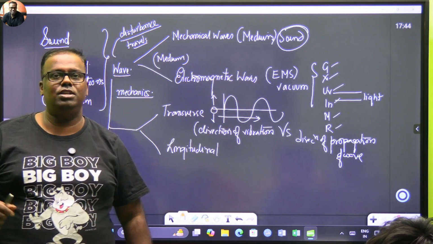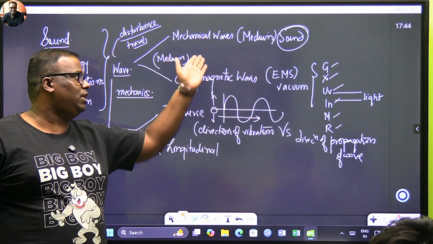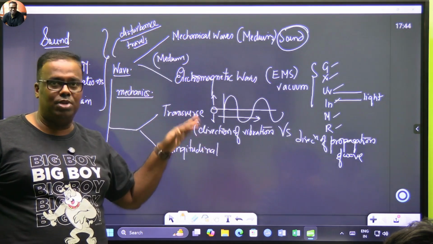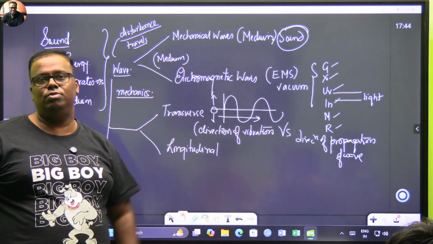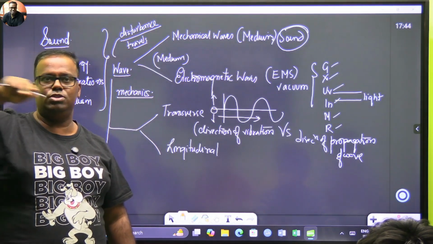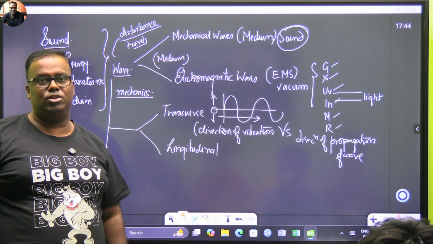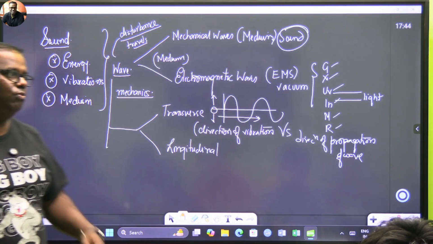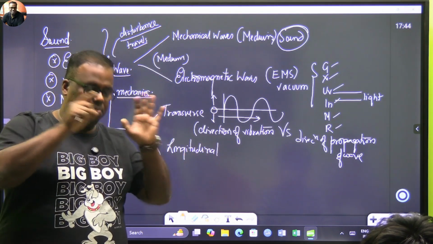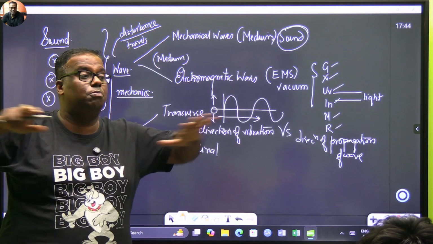In wave mechanics, there are a few things you should know, whether or not they are in your book. Waves can be classified on the basis of medium. Waves can also be classified on the basis of the direction of vibration versus how the wave is propagating. If the particles are vibrating up and down and the wave is going straight, we call it a transverse wave. For example, in water ripples, पानी में पत्थर फेंक दीजिए and keep a small leaf, the leaf will just go up and down, but the ripples keep on spreading.